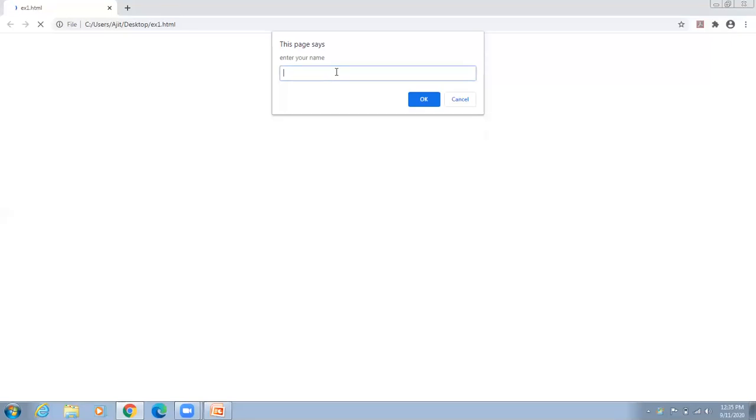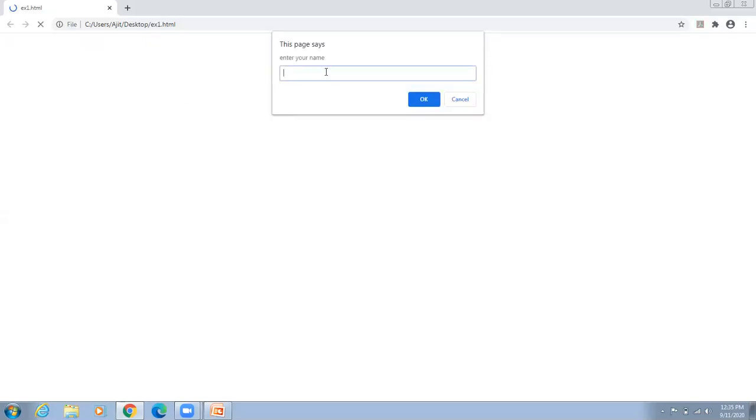Enter your name. I'm entering something here and click on OK. See here, welcome and that name. If I don't enter anything and click on Cancel, welcome null. Null means it doesn't contain anything. This is a null value. In this way you can write your